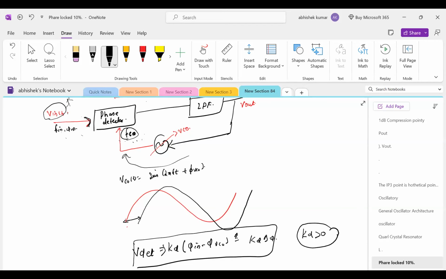Are you getting it? We have the digital phase detector. Sometimes the input and feedback signals are digital, not sine waves. Then we are using